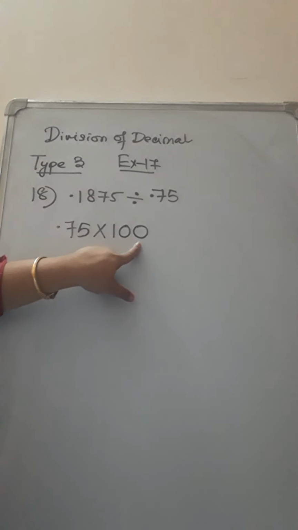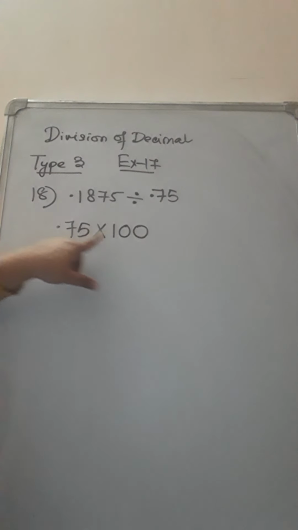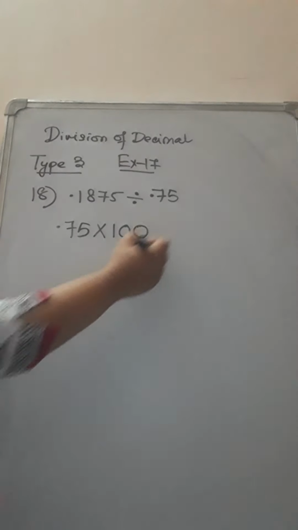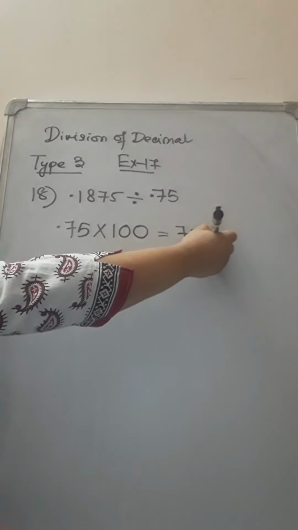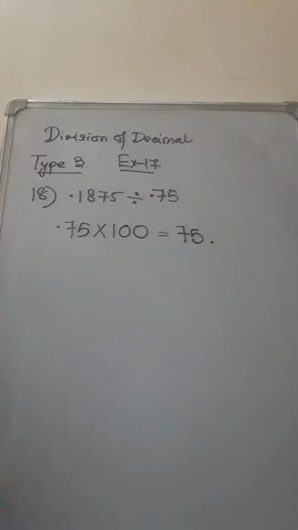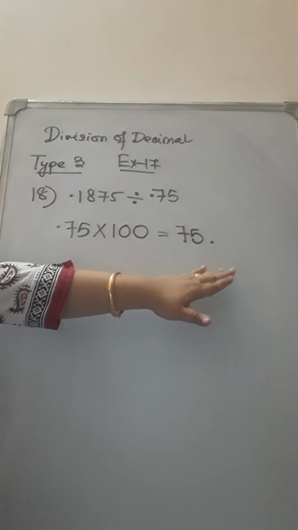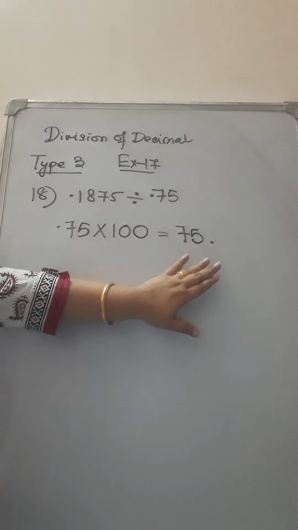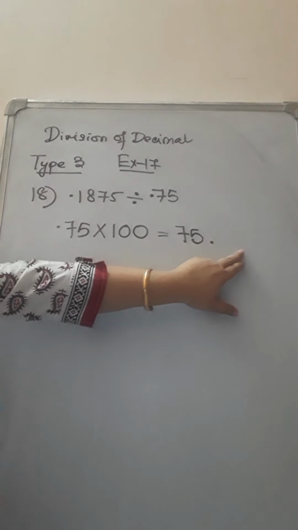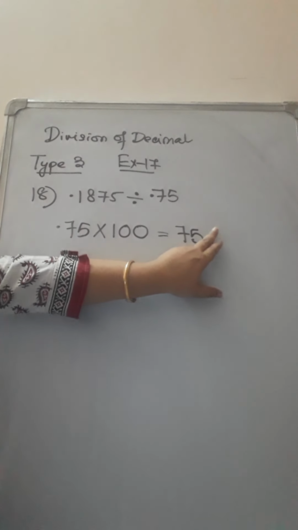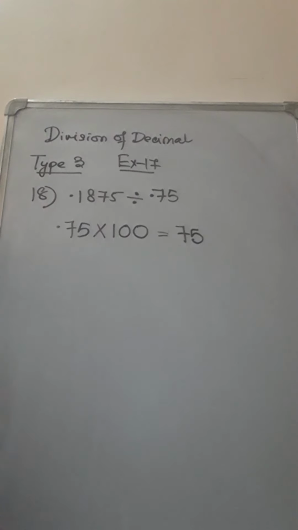So why I have taken 100, why not 10? Because if I multiply with 100 only, then 2 zeros are coming, then only I can shift the point 2 places. So it comes 75 and the point has shifted 2 places, means it is coming at the end. Now point at the end of the number means it is not a decimal number, because before the point we get a pure number, after the point the decimal places are blank. So that means the number is point free.